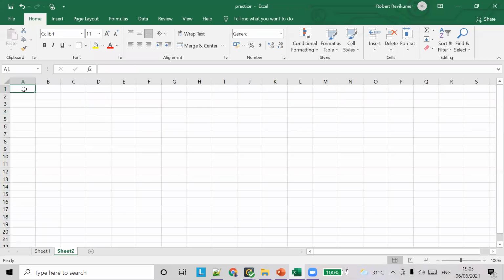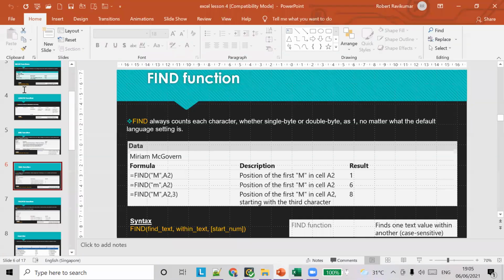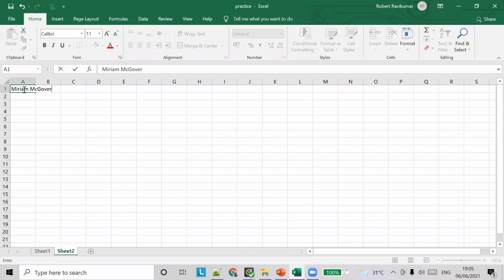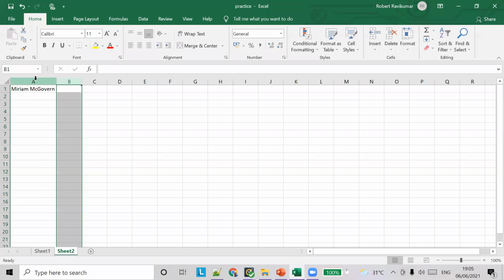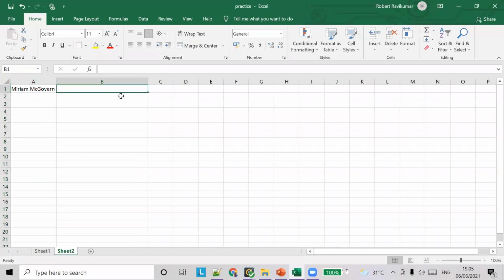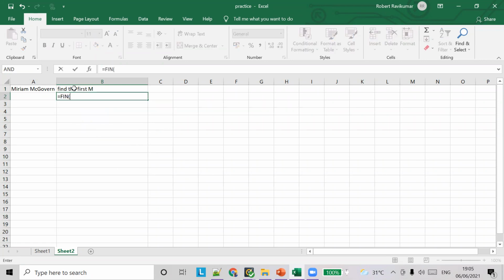so FIND. So what is Miriam? Right, Miriam, MIRIAM. What I'm going to do is find the first occurrence of M. Okay, so the first occurrence is, FIND, A1 comma, equal to FIND.